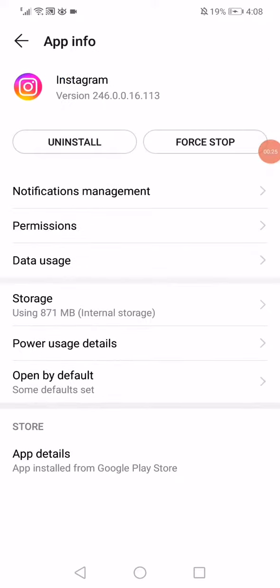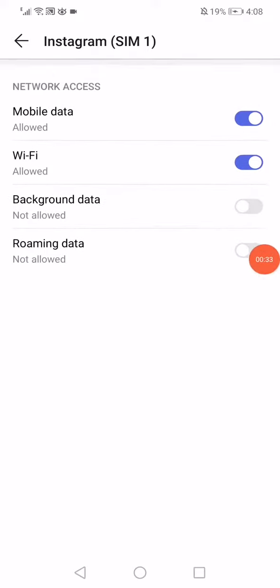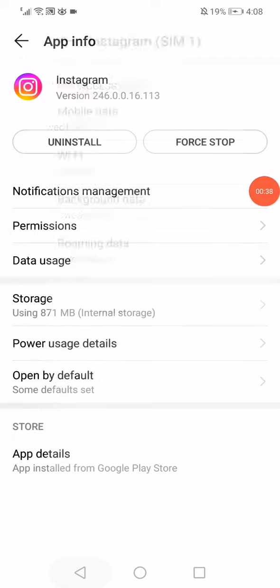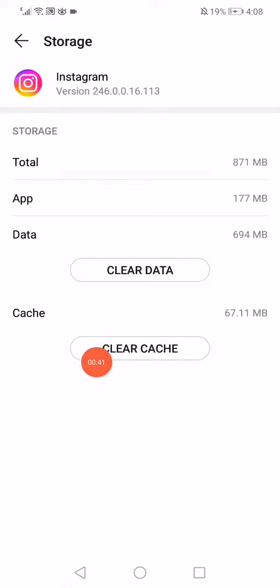Now all you have to do on this page is click on the data usage option, scroll down and make sure to enable the mobile data and the Wi-Fi. Go back and click on storage, then make sure to click on clear cache and then click on clear data,